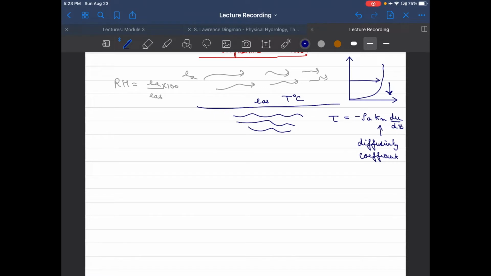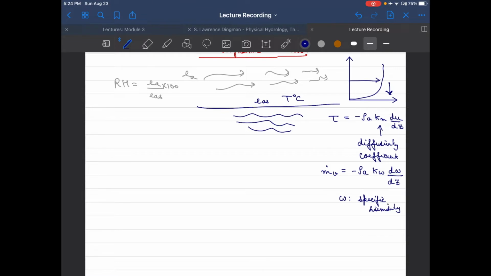We also learned we can write the diffusivity of mass, and in this case we can say that the mass transfer rate of water vapors is governed by a similar equation where we have rho a kW, and instead of du by dz we would use the concentration of mass of water vapors, which in turn is encapsulated in the term dw by dz, where w or omega is our specific humidity.